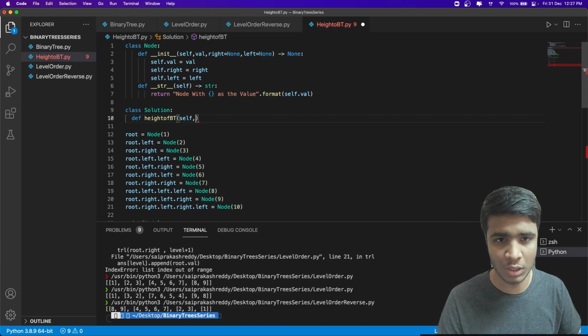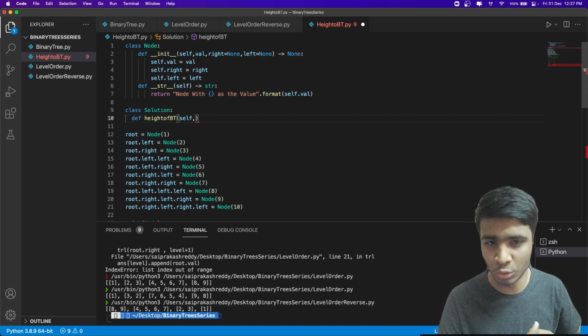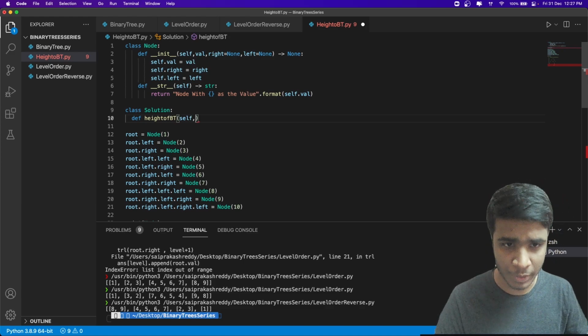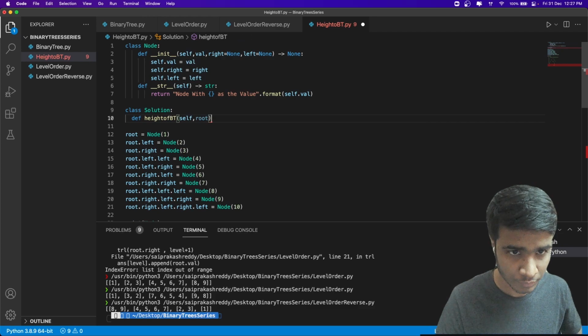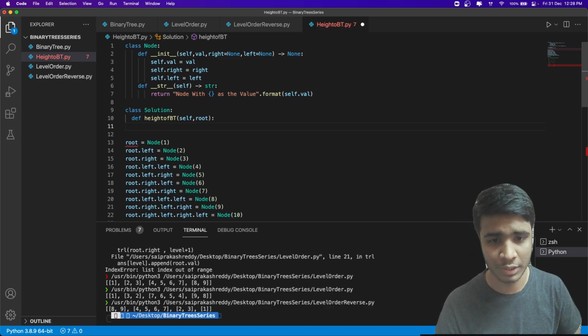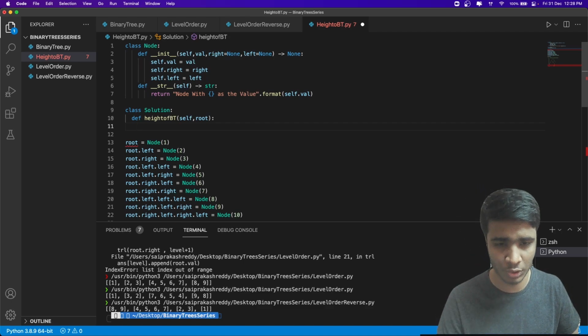I try to keep it this way because it looks neat and reusable. If you're not doing it in an interview, I suggest you do it this way. So height of a binary tree, and it's going to take a root, and that's all we need. In fact, that's all the interviewer would pass you. They'll only give you the root.